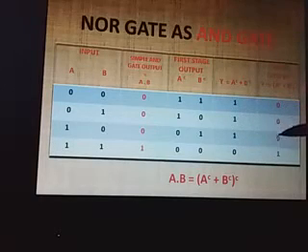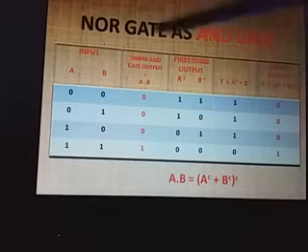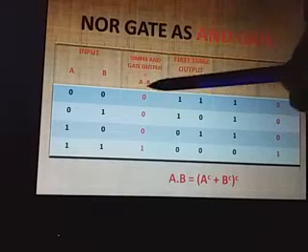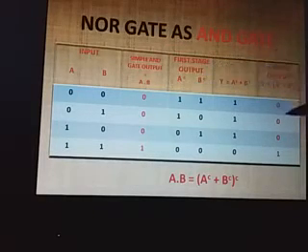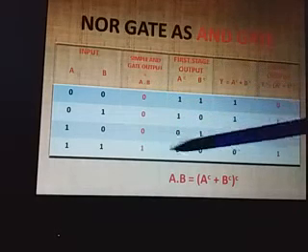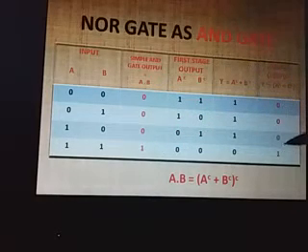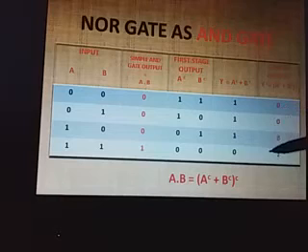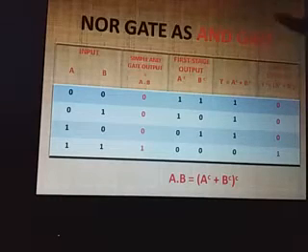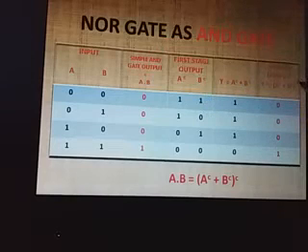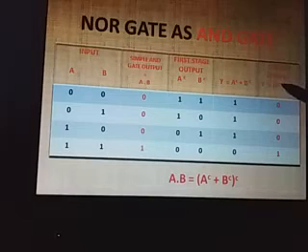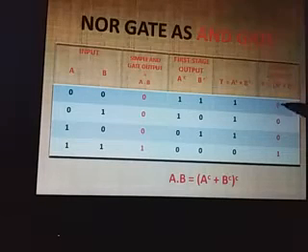Now focus on these two columns, the simple AND gate output column and the final output column. What do you observe? No difference between the two. So from this truth table, it is proved that A dot B is equivalent to complement of the sum of A complement and B complement.